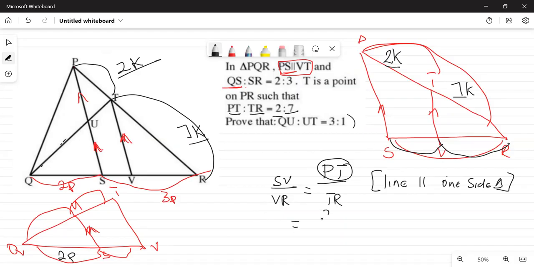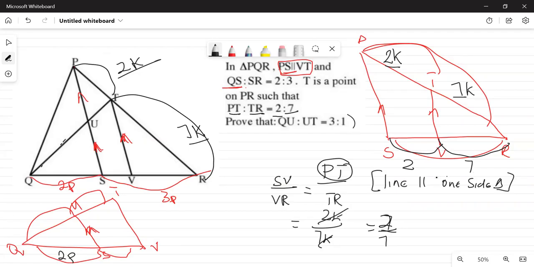It's 2K. What is TR? 7K. And then K and K, they divide each other out. It means with the ratio, it's 2 is to 1 is to 7. But this is a ratio, guys. When I represent it on my diagram, look at what I'm going to do. This is 2 is to 7, but I'm not going to represent it as 2 is to 7 because it's